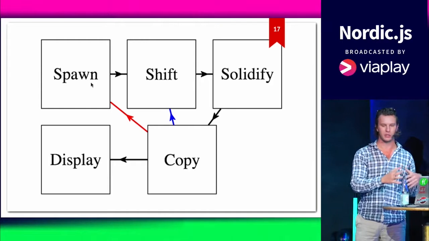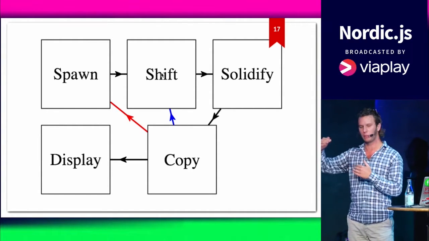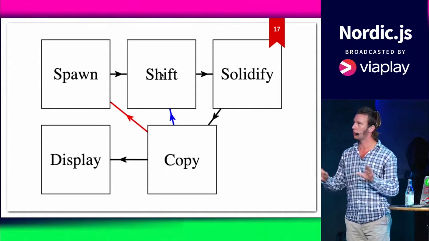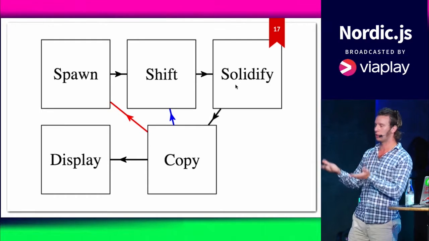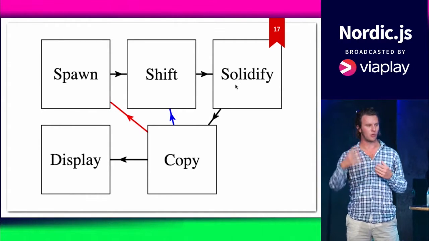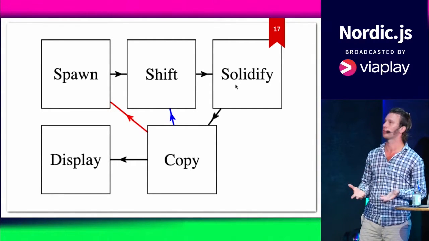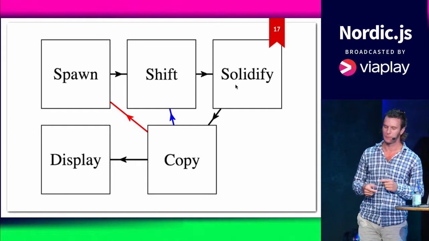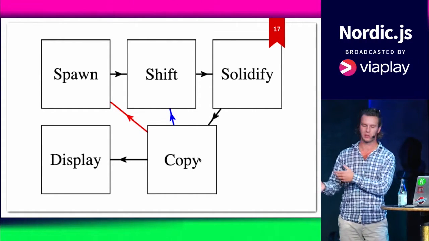This is then going to pass its output to the shift stage, which does nothing but takes the red blocks and moves them down. It does nothing with the green blocks. This then gets passed on to solidify, which doesn't move anything, but it checks for if your red blocks are sitting on top of something green, and if so, changes them to green, which means they're now solid. And then finally, the copy stage does nothing but copies across this thing so we can use it in other